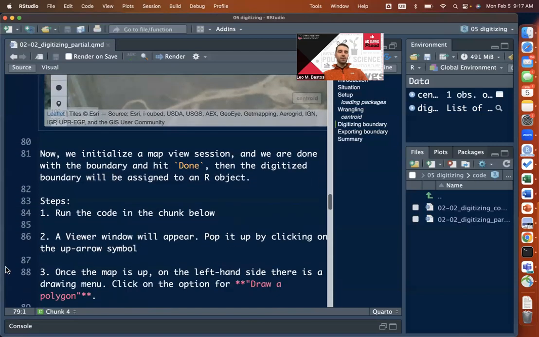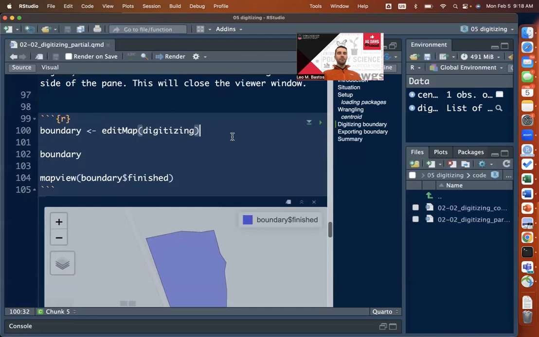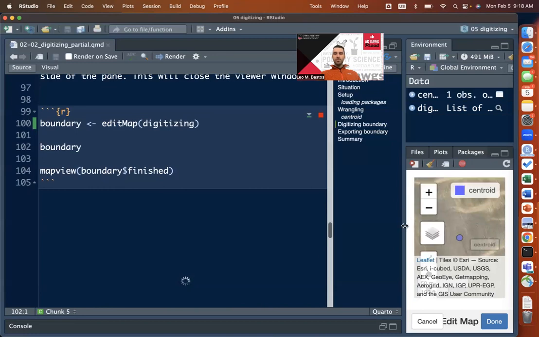So what we do want to do is go to the next chunk where we give this digitizing object to the function addedMap and then assign this to this object boundary. In this case, this function addedMap is going to further allow you to save whatever you digitize to an object. And that is really where we can then retrieve back that boundary in some way, right? So if you come on this next chunk here, all this code we already did last class, I'm just going over this again. If you run this object boundary, it's going to pop up here on the viewer pane